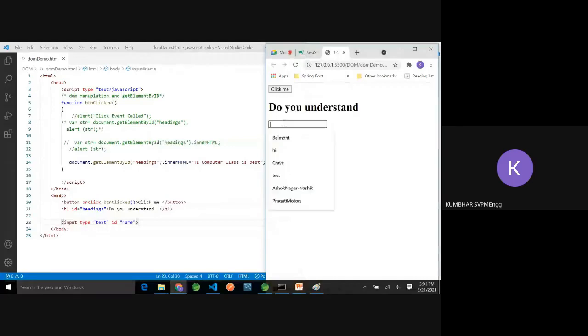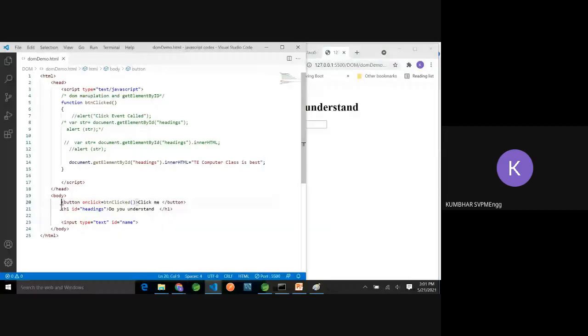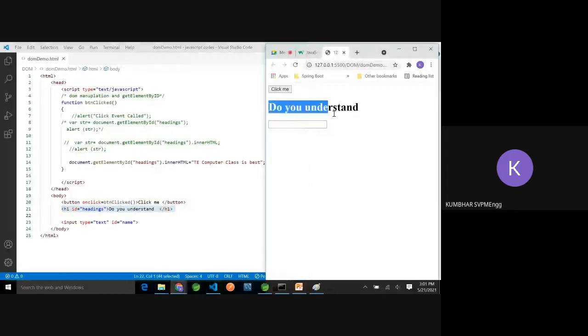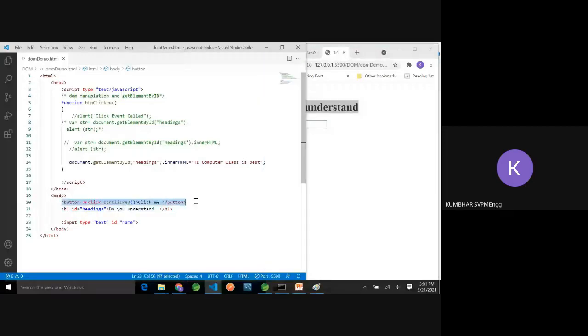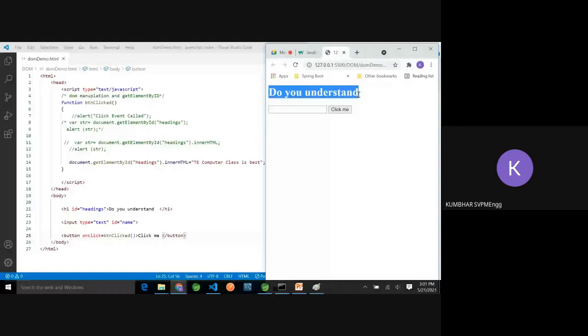Are you able to observe the text box here? Yes, sir. Great. Now I expect that in this heading, when I click on the button, it should display, instead of this, whatever content I write in the text box. Let me rearrange this so that there will be no more confusion for you. By default, this heading is printed. Whenever I write something in the text box, whatever contents are written here, after clicking, those should go here in the heading. So tell me what code I should change here.